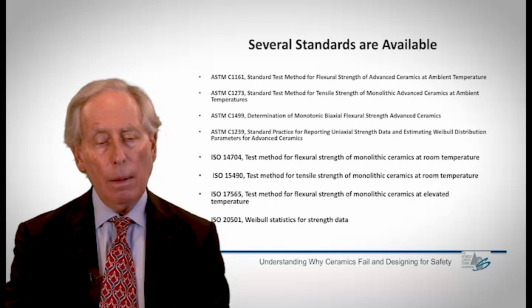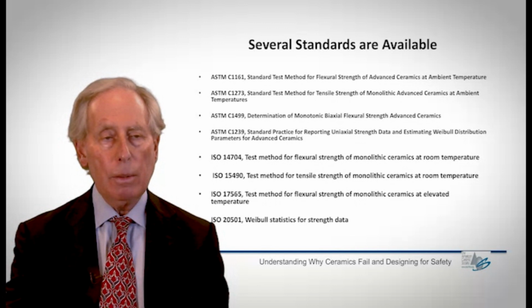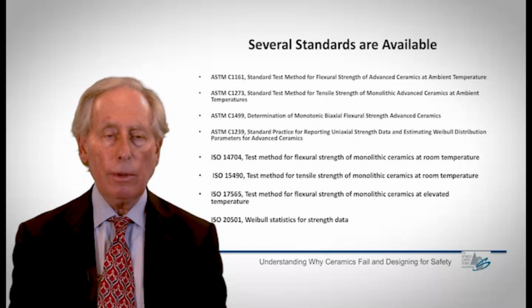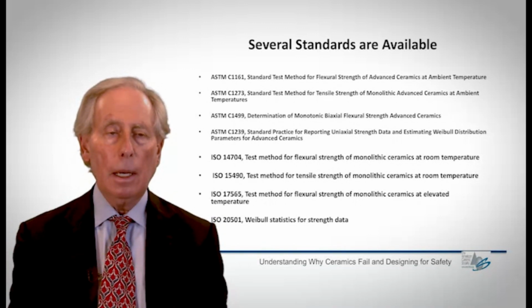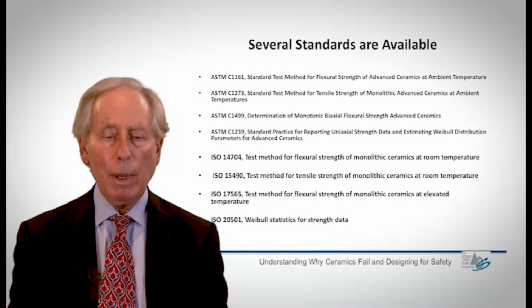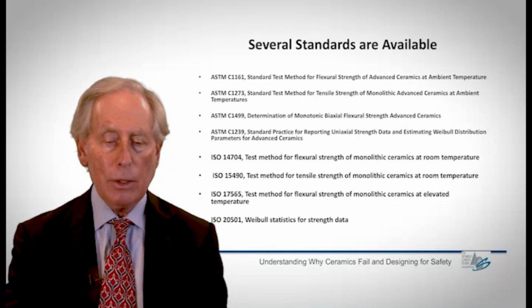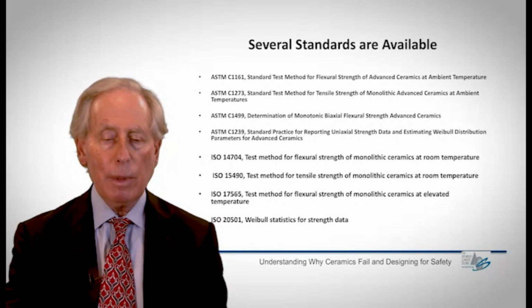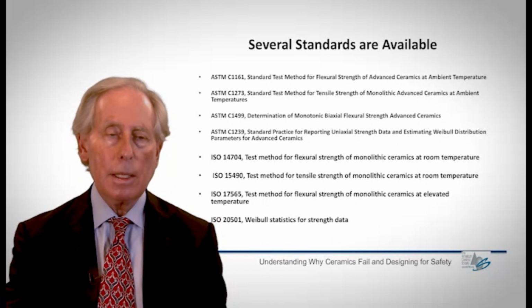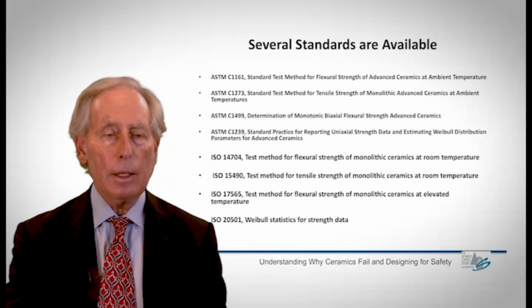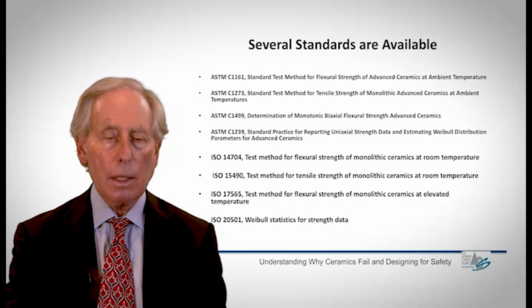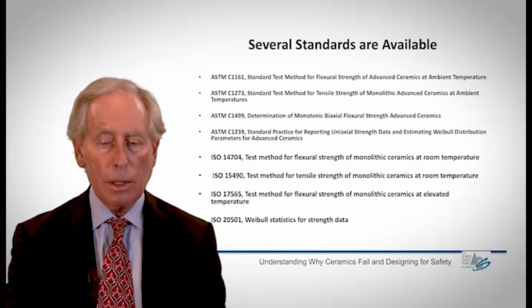And again, having a standard for a flexural test is a big cost reduction method. If you have a new material and you need to do some flexural testing and need specimens cut, it has become much less expensive to get your specimens made because they're all made to the same specifications. The size of the specimen and the size of the fixtures have been standardized, and so getting exactly the specimen you want at a relatively low cost has become significantly cheaper in recent years due to the standardization.